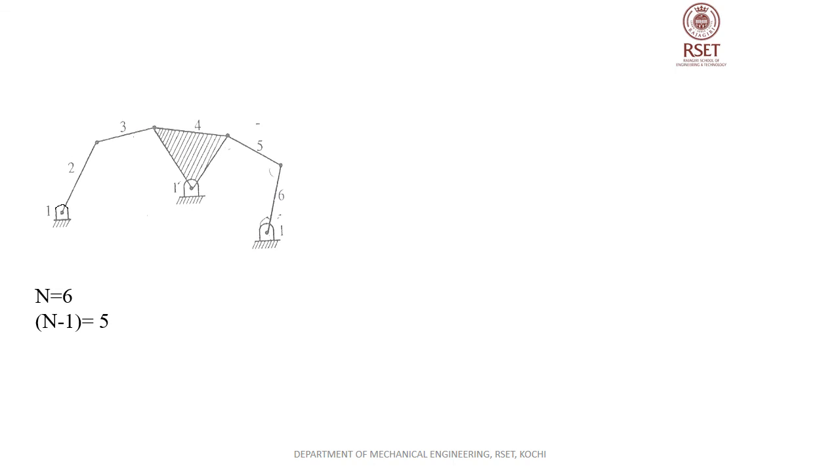Now we'll check how many kinematic pairs are in this mechanism and what the degree of freedom of these kinematic pairs is. The first kinematic pair is 1 and 2. We know that 1 is a fixed link, and 2 is the binary link. So 1 and 2 form a revolute. We can say that about that hinge, 2 can rotate. So it is considered a turning pair or a revolute, with 1 degree of freedom. Next is 2 and 3. 2 and 3 is also a turning pair, because 2 and 3 are connected with a pin. You can see the connection there. If you fix 2, 3 can be rotated. If we fix 3, 2 can be rotated about 3. Both these links have rotation motion, so it is considered a turning pair or a revolute. So this is also a kinematic pair with single degree of freedom.